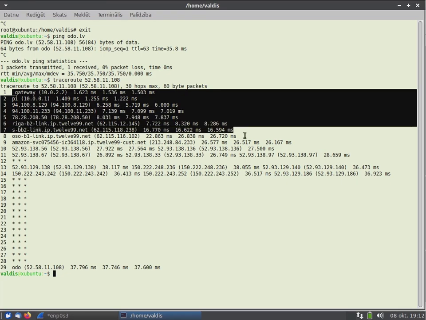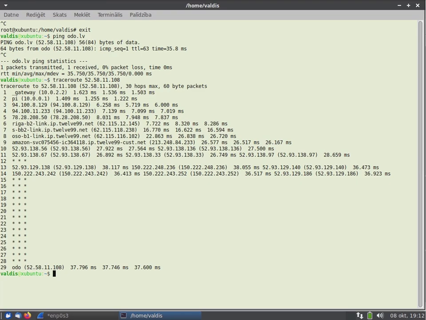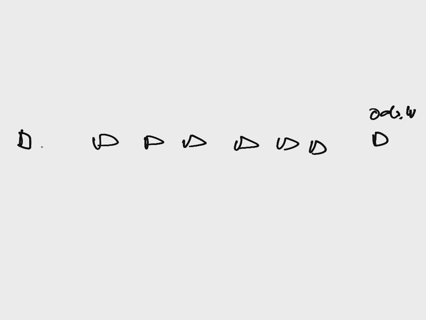It works similarly to ping, but with more iterations. Ping means please respond, and here is my computer, and here is the target computer like odo.lv. And here are many routers in between, because there are many subnetworks between my computer and that target computer. And if I send ping, it immediately does something like this.